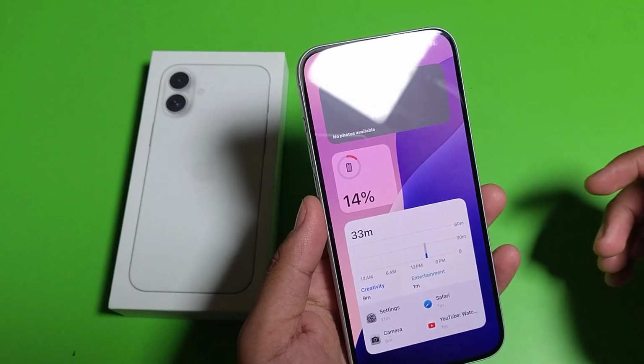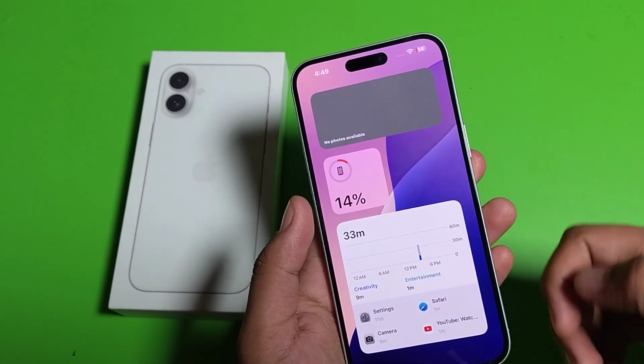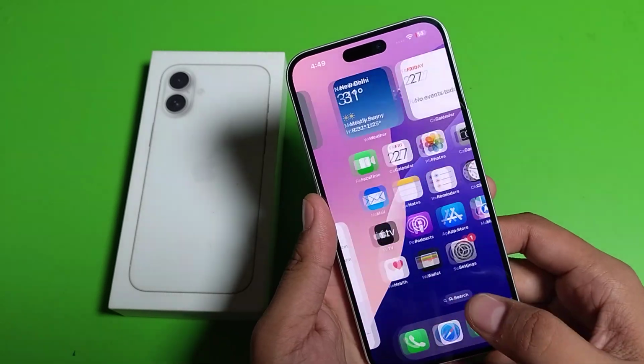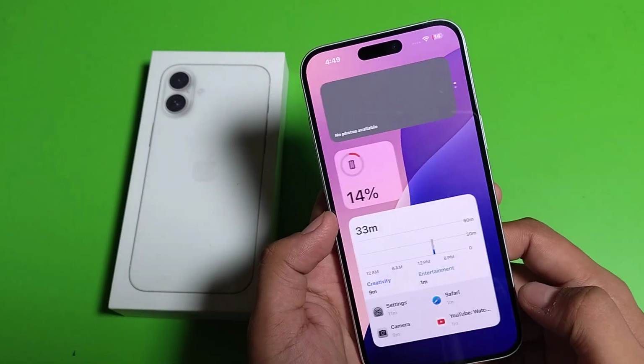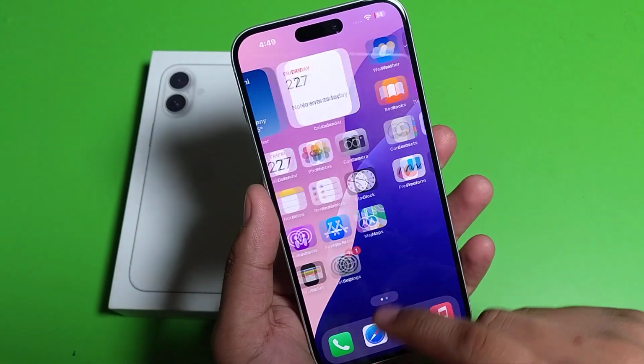Do not charge more than 100%. If you just stay connected to the charger and do not remove it, it will affect the battery life. It will drain your battery life,